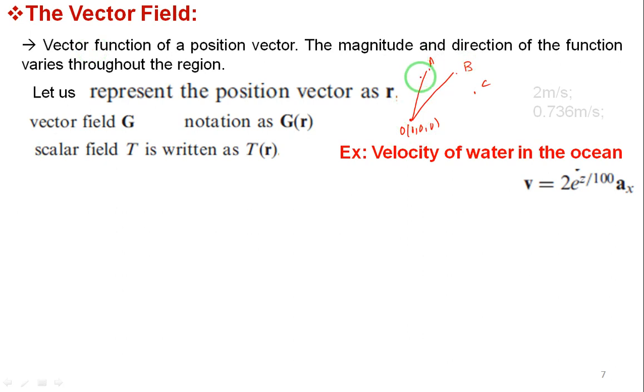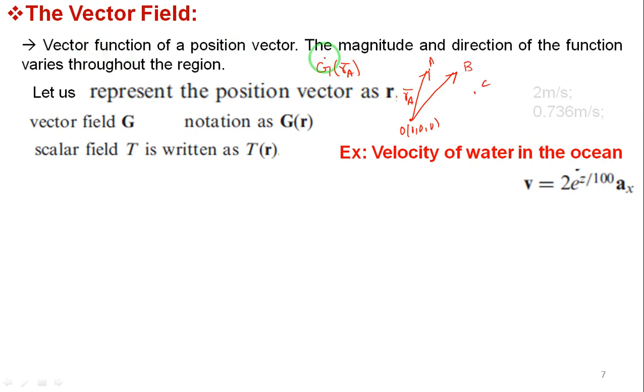So the field can be of two types, scalar field and vector field. Vector field is associated with direction, scalar field has a magnitude. Next we will not concentrate much on the scalar field, we will concentrate on the vector field. What is a vector field? Here we define the vector field as a vector function of a position vector. Here O to A, RA is the position vector. So I want the vector field from O to A. So this is the position vector RA. Let me take one letter, any letter, G of RA vector.